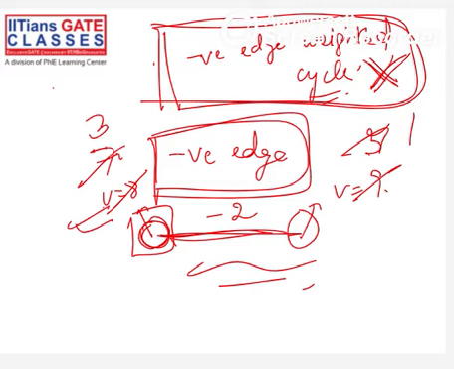This is the reason, because if you keep on visiting the edge, see, Dijkstra's is a greedy algorithm. The goal of this algorithm is to keep reducing the value of the nodes as far as possible. So if we have a negative edge weight, Dijkstra's algorithm will try to run over that negative edge an infinite number of times so that it keeps decreasing the value. So this point is clear to everyone.